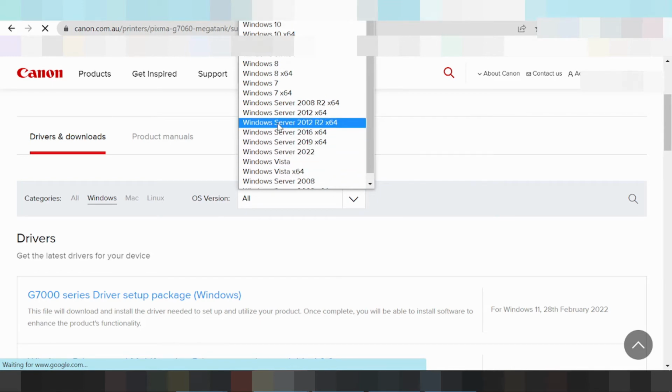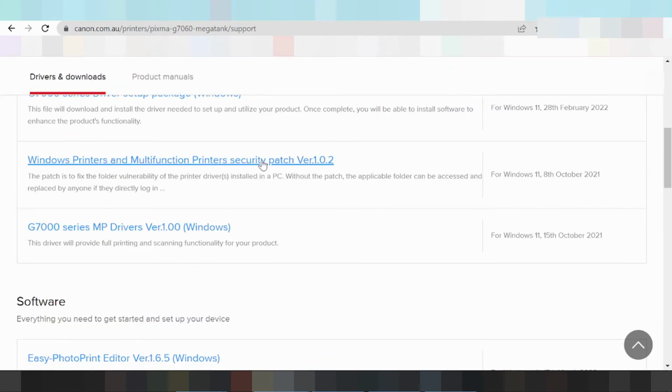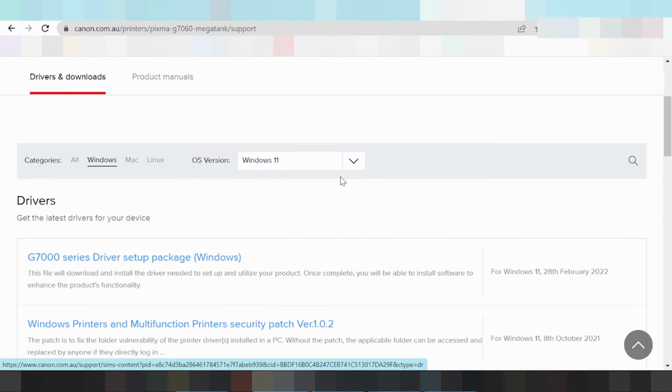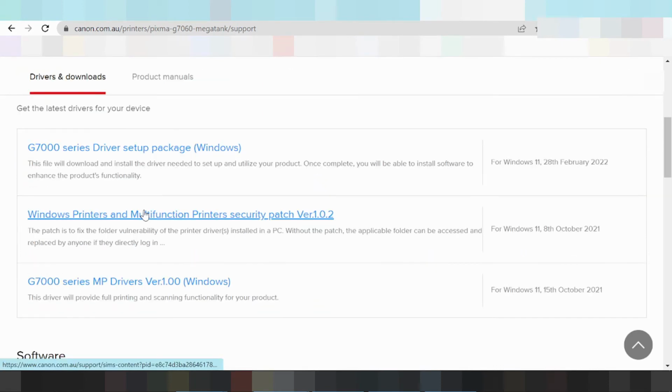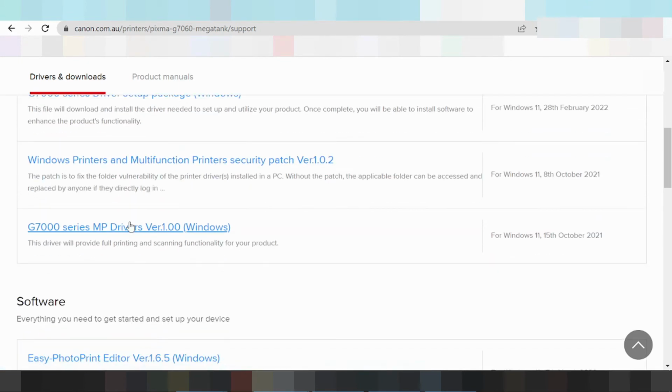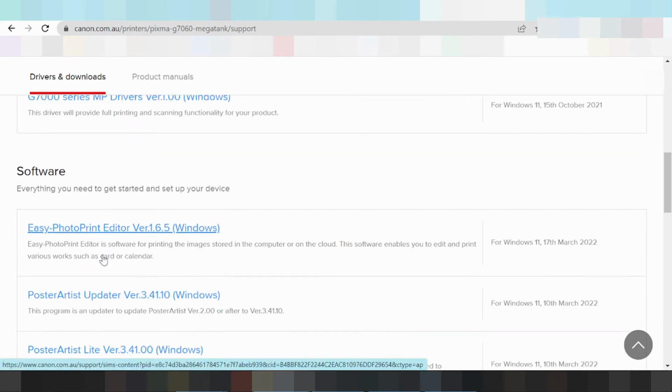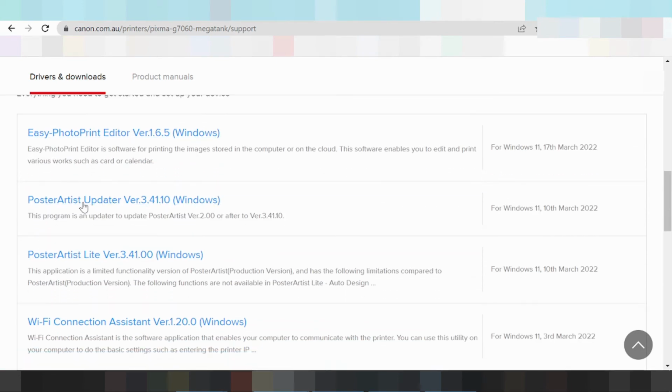Okay, in this video you need to download the driver for Windows 11 and click here, Windows 11, and this will load and download the package for you. This here is recommended for you: download the package for the driver, which includes the driver for printer, scanner, and Wi-Fi support. And this here is the print and multi-print security, and this here is the driver for print and scanner only, and just click here, and this here is the easy photo print editor, and this here is the software and